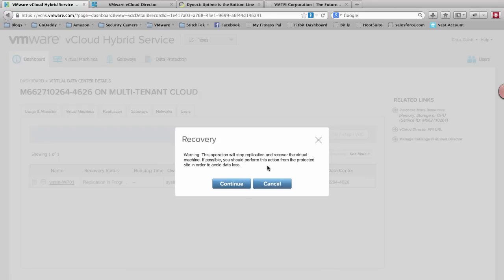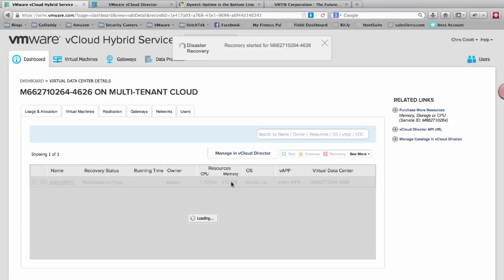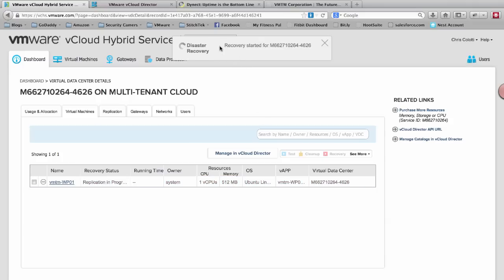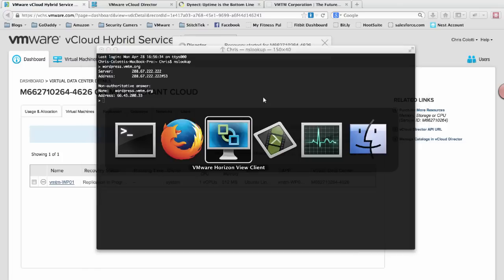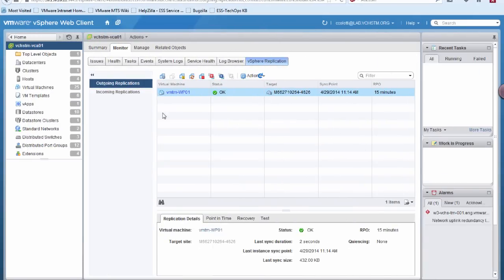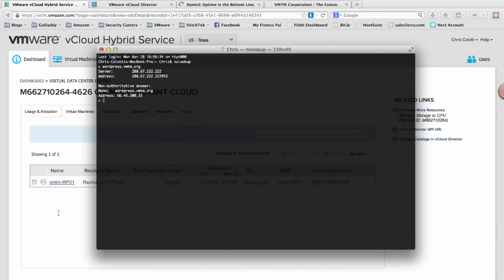It's going to tell us that it's going to stop replication and recover the virtual machine. So we are performing this in our protected site. So I'm going to go ahead and say continue, and we'll let this recovery actually finish up, and we'll see that it's actually performing a replication. And it may actually, in fact, shut down the virtual machine on this side because we've initiated it as planned recovery, so that it knows that there was an initial replication happening previously. So we'll let that complete, and then we'll take a look at some of the next steps that you do